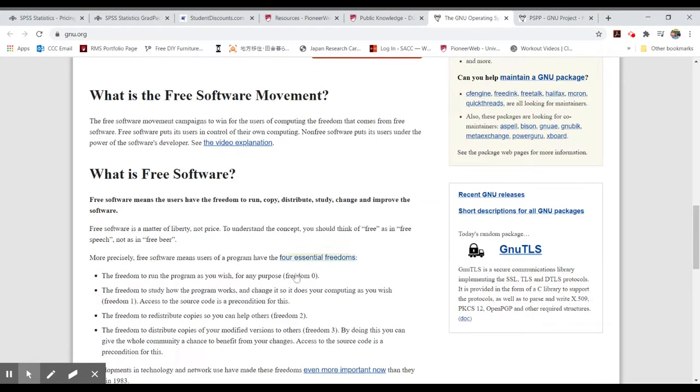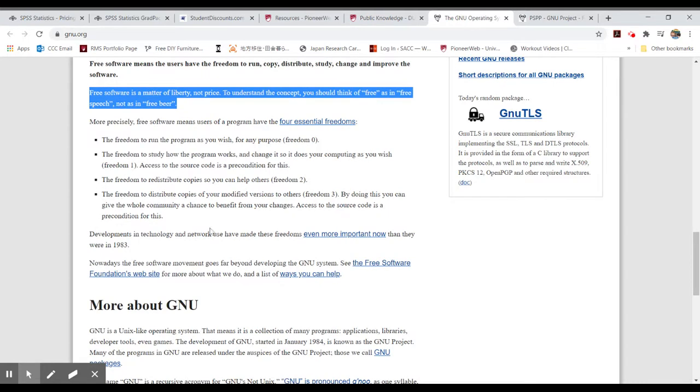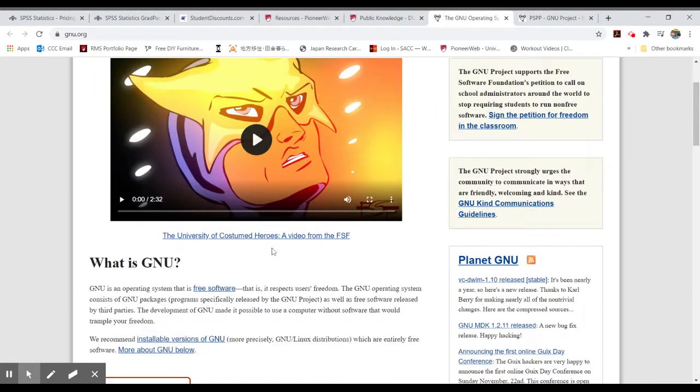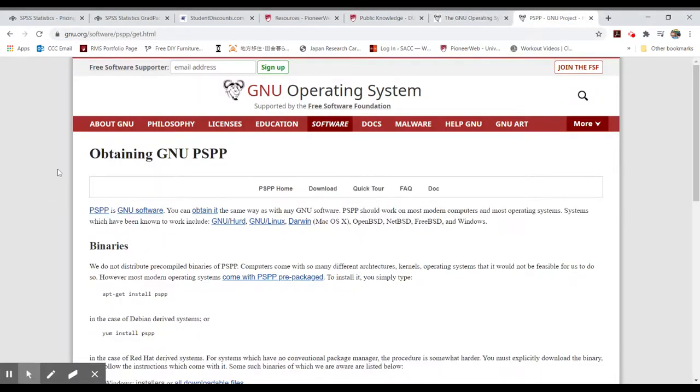So all of this software is again totally free. There is no academic restriction. There is no usage restriction. So you can use this in any private enterprise or anything you may want or need to. So that again is gnu.org. And if we switch over to the software PSPP, the link is up here and I'll make sure it's posted with this video, you can get